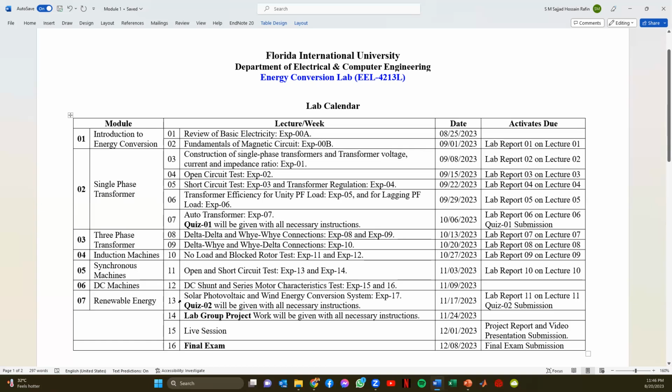After the 13th lecture, on the 14th lecture, we'll have a lab group project, and you will be given all necessary instructions on that. So this is basically the lab calendar. I have given the dates as well. On these dates, I will be